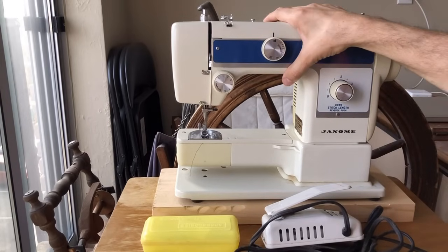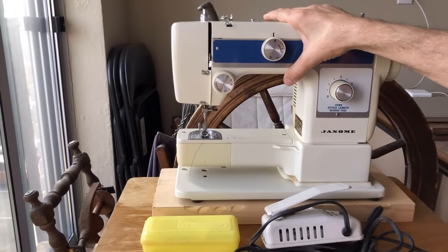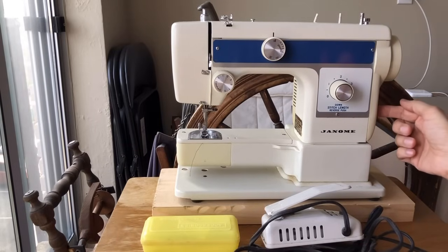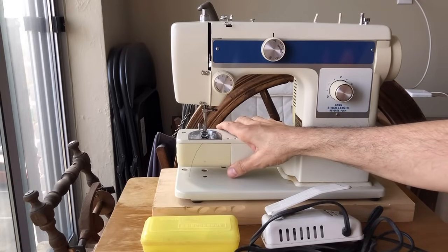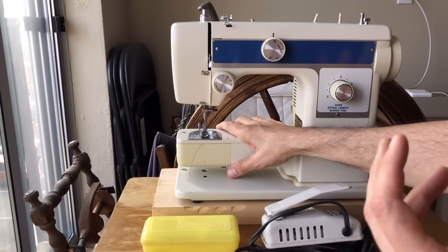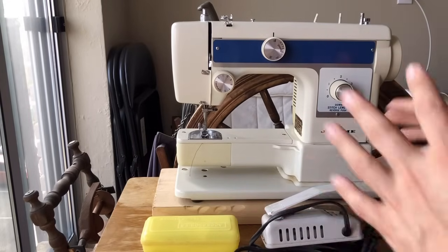If it's not personally sentimental to you, if it doesn't have an emotional tie to someone in your family or to your own early sewing experience, if you have one of these, if the gears are not broken, if the motor is not burned out, if the motor runs, then consider taking the machine through a restoration process. And I call this a light restoration. And that doesn't mean you do it